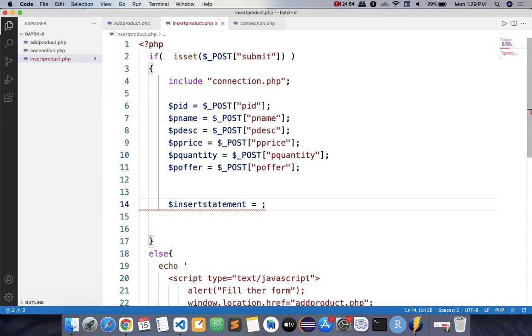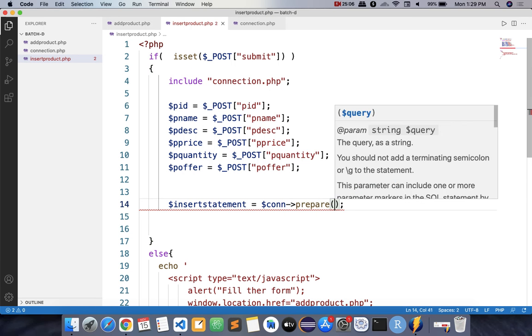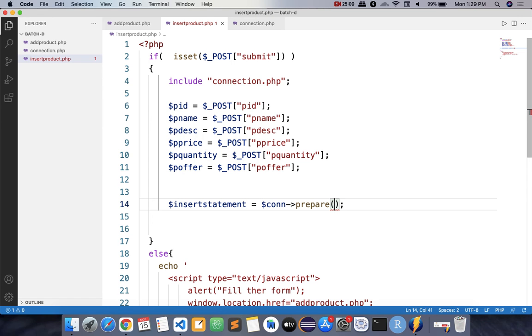Okay, so the insert statement, where we want to insert into the database. Who knows to whom we have connected? $con. Right, so you have to write $con arrow, and there is a function called prepare. Inside this prepare statement write your query, that is insert into, what is the name of your table? Product. And the column names.